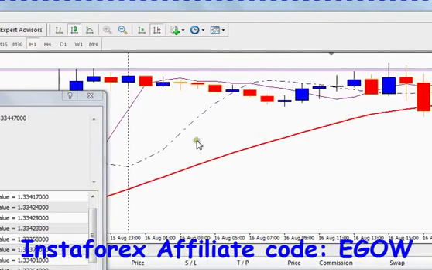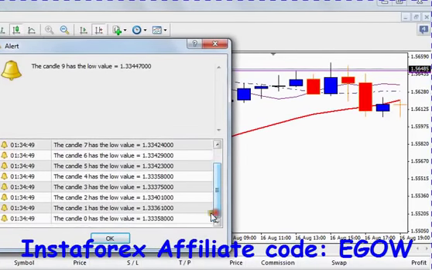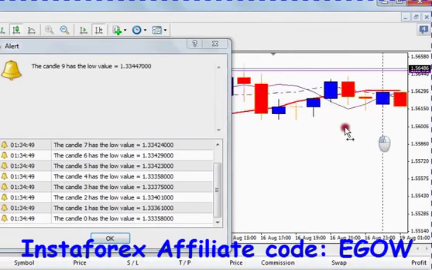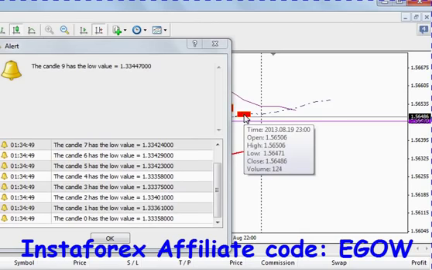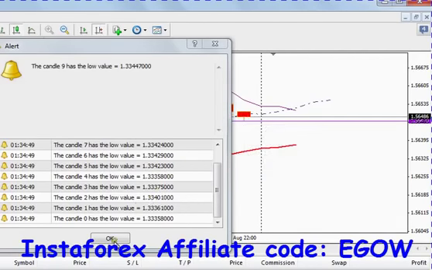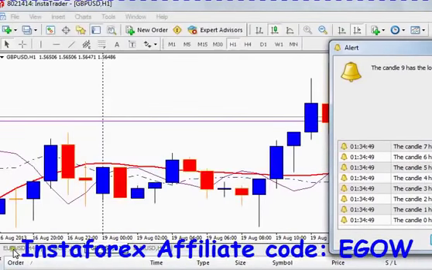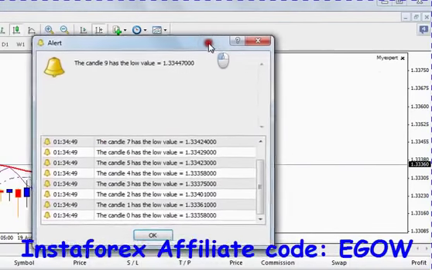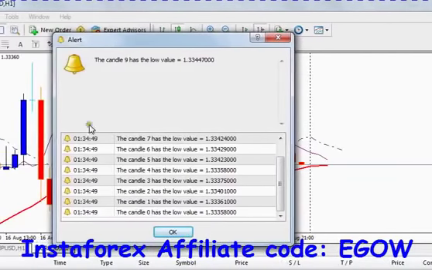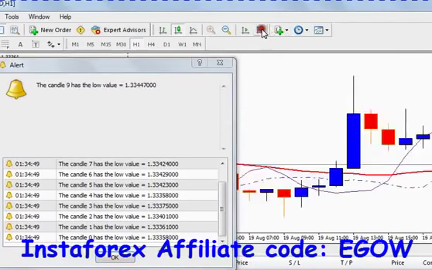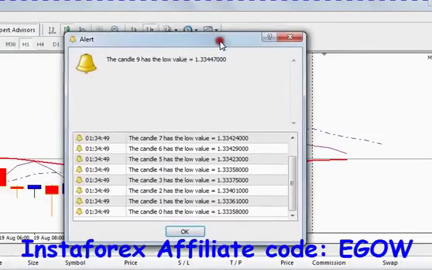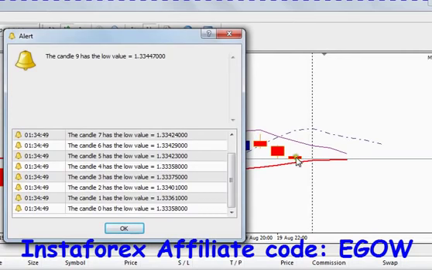If we zoom in a little, indeed you can see the low value of the zero candle is 1 point... Sorry, this expert is not attached to this chart. I'm fooling around a little. Anyway, right here the expert is attached to this chart. Let's see, when you hover over this candle,